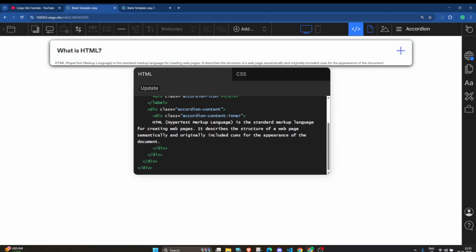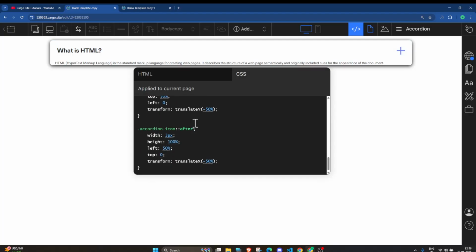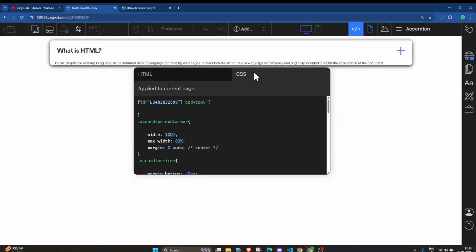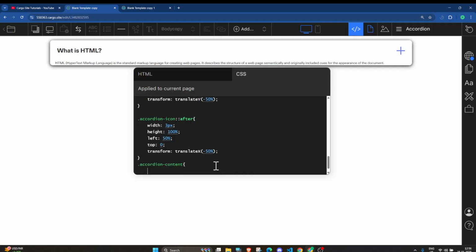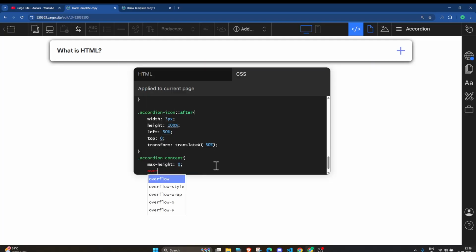Now we will simply go in the CSS and select the accordion content class, paste it here, and then first we will add the CSS max height 0, because by default we want this to be hidden, and then overflow hidden as well.